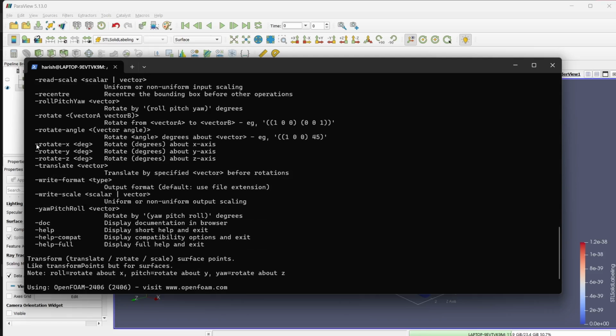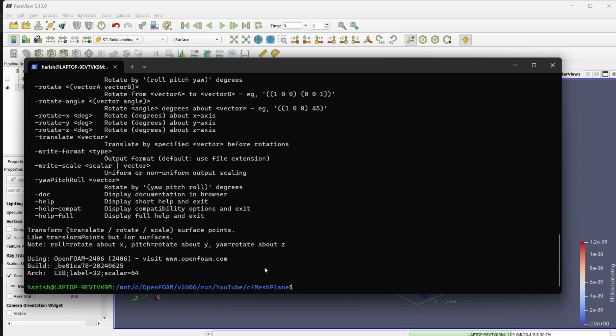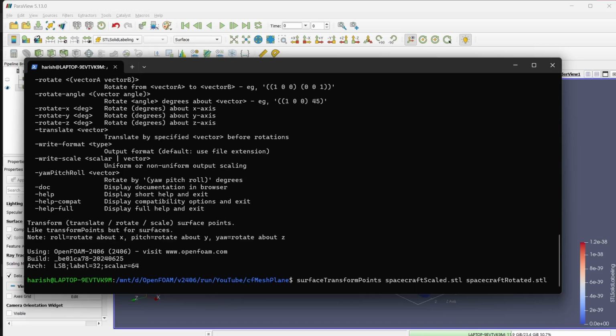So we are going to use this feature. We rotate X. So how do we do it? First go to surface transform points. Then we have to give our input file. What is our input file? It is spacecraft scaled.stl, and let's say the output is spacecraft rotated.stl, and we give a space and then we